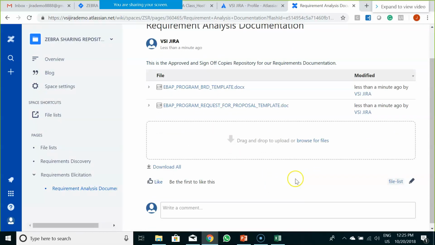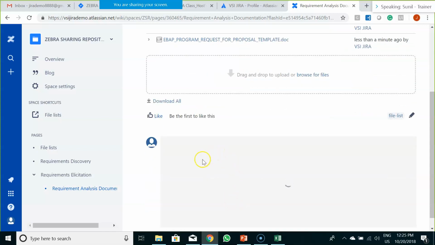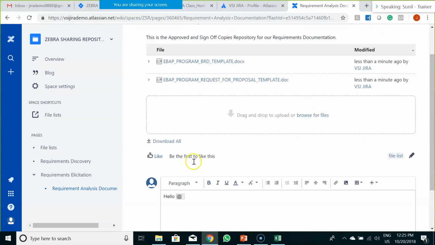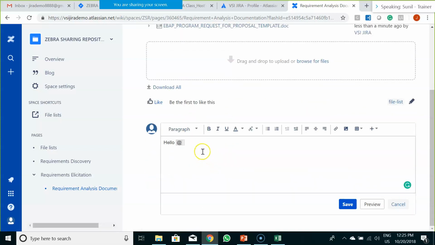you can put your comments, like hello. You can use the @ symbol to send a notification to the user whom you want this document to be reviewed by, or whom you want to notify that you have uploaded a document in this repository.